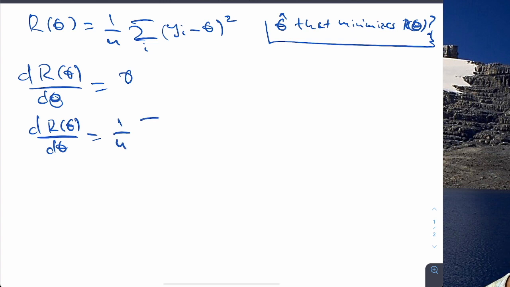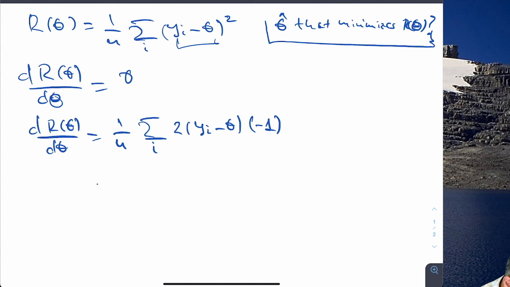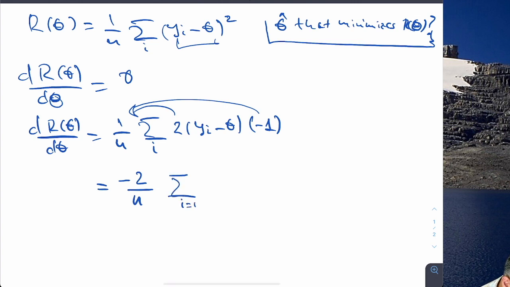The derivative goes through. The derivative of a sum is the sum of the derivatives. And finally, we have to take the derivative of this square. So we have a 2 times y sub i minus theta to one less power, to the power 1, times the derivative of the inner function, by the chain rule. And the derivative of y sub i minus theta with respect to theta is equal to minus 1. So we can condense these terms. We take the 2 out, we take the minus 1 out, and we end up with minus 2 over n times the sum from 1 to n of y sub i